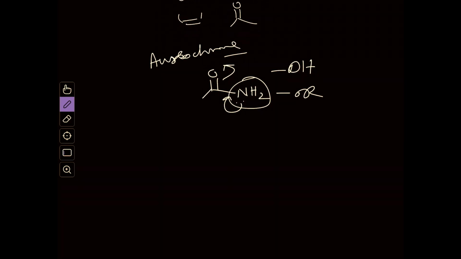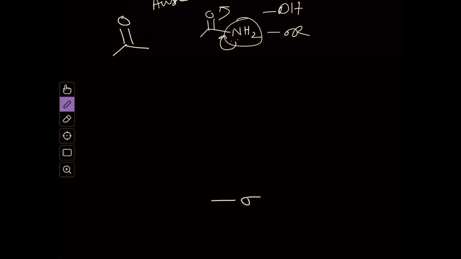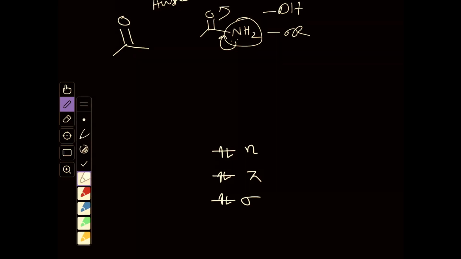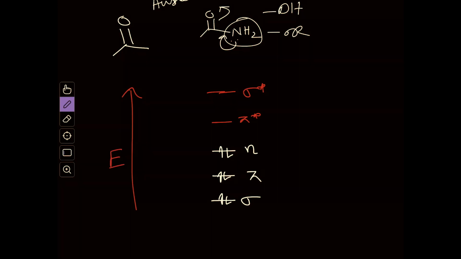Now we know these terms, and we will discuss the basic principle or the actual mechanism of light absorption in UV spectroscopy. For that we will consider the very simple case of a carbonyl group. In a carbonyl group, we have several molecular orbitals. First is sigma, then pi, then the non-bonding orbital, and all these orbitals are filled with electrons. After that you have pi star and sigma star, which are unfilled, empty orbitals, and this is the energy level.